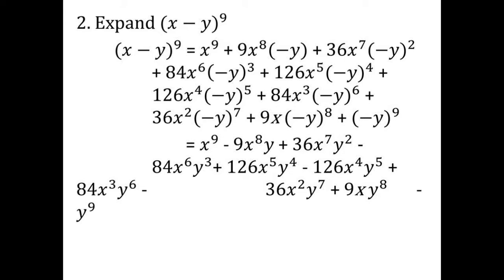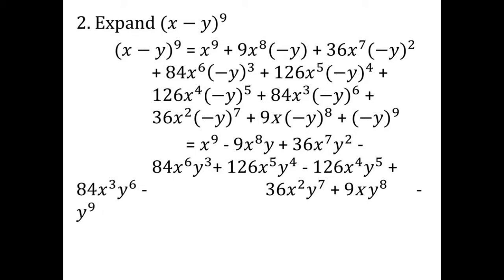The quantity x minus y to the 9th power. The quantity x minus y to the 9th power is equal to x to the 9th plus 9x to the 8th times negative y plus 36x to the 7th times negative y squared plus 84x to the 6th times negative y cubed plus 126x to the 5th times negative y to the 4th plus 126x to the 4th times negative y to the 5th plus 84x cubed times negative y to the 6th plus 36x squared times negative y to the 7th plus 9x times negative y to the 8th plus negative y to the 9th